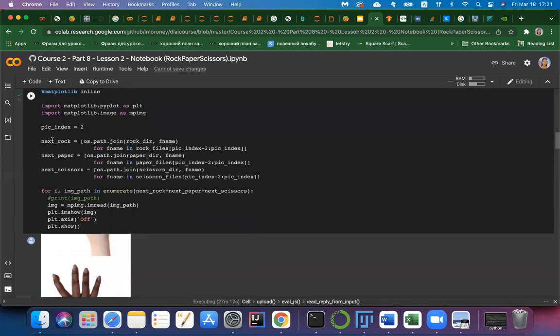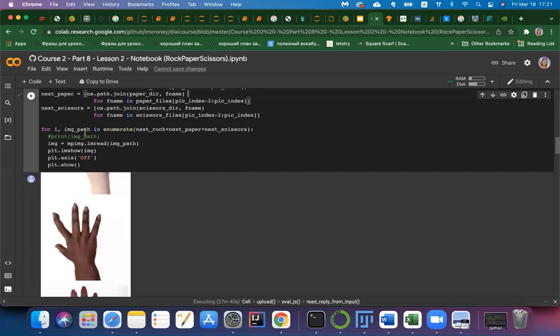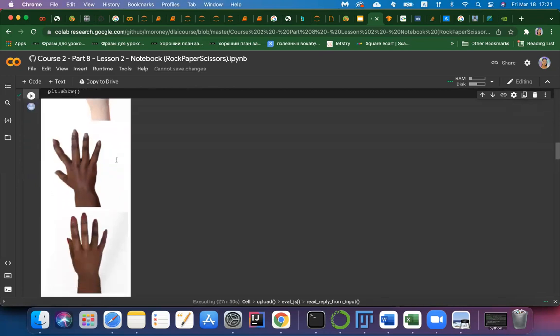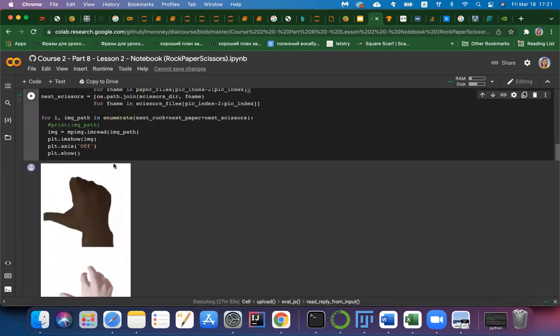So we define here rock, and it will show us the image of the file name, picking index -2 to the index. So it's practically just 2 images from each shape. And we plot or visualize this by images show. We don't want to see the axis, and we have the plot show